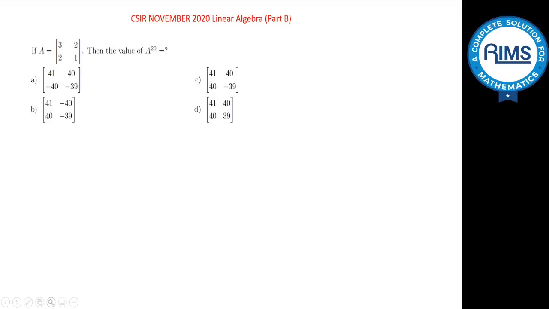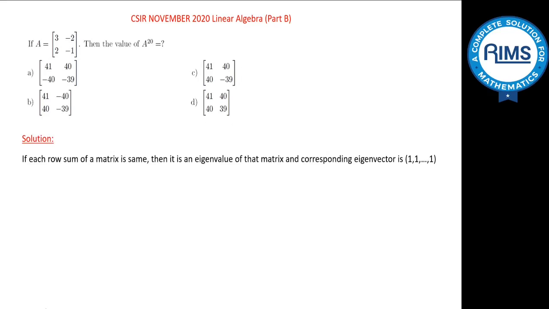Today we are discussing some problems of linear algebra from CSIR November 2020. First one: if capital A equals the matrix with rows (3, -2) and (2, -1), then what is the value of A raised to 20? We know that if each row sum of a matrix is the same, then it is an